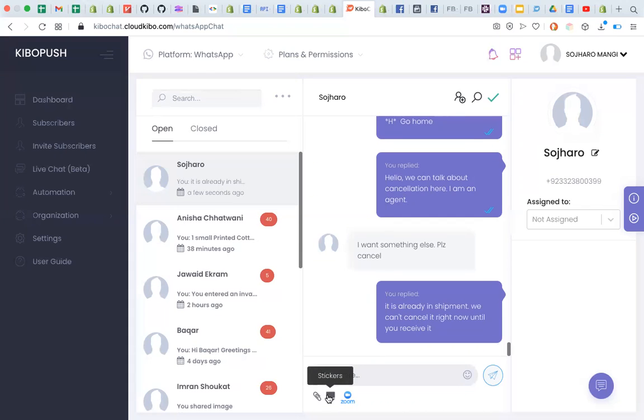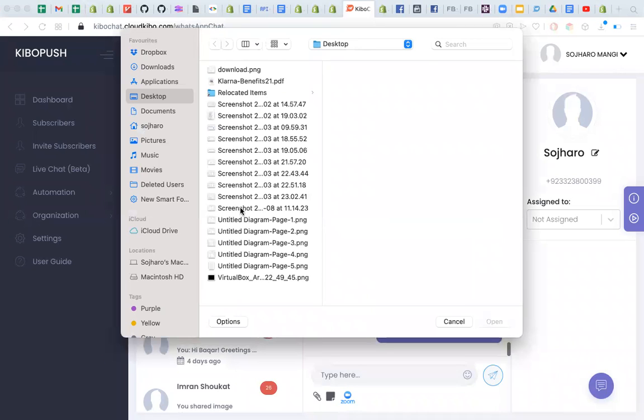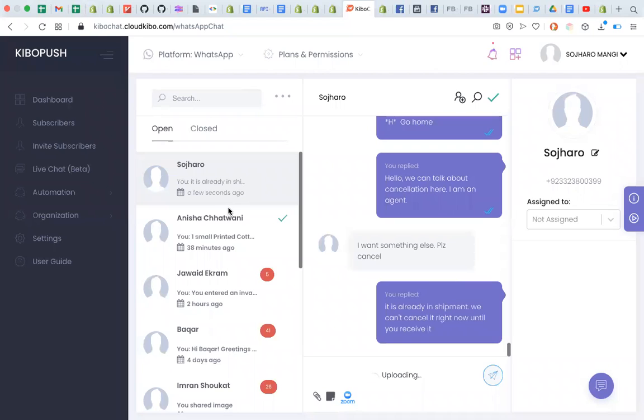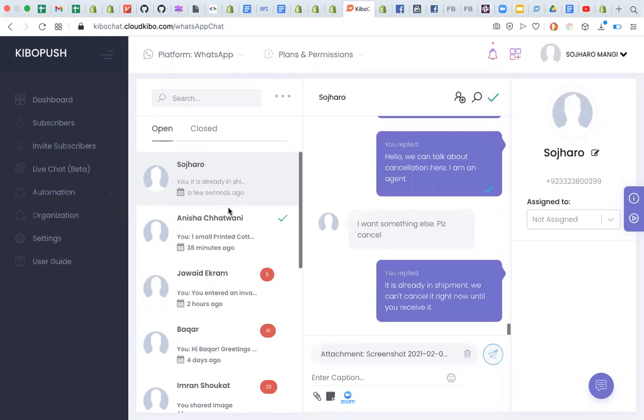In this, we have options of sending images to the customer, we can send attachments, and we can send stickers. For example, let me send an attachment from the admin side to the customer. I will select an image and send it to the customer, and the customer will receive this image on WhatsApp, and I can also attach a caption to this image.